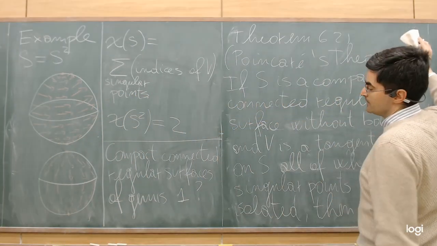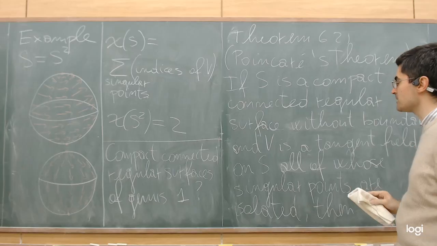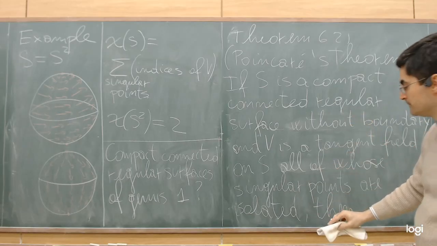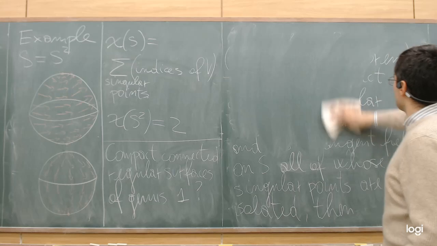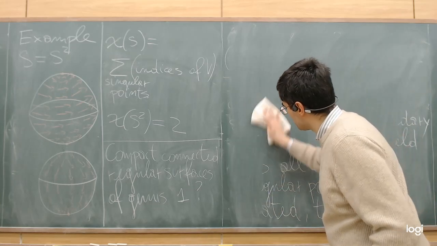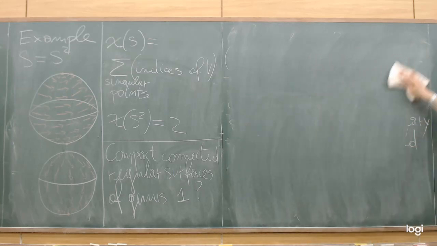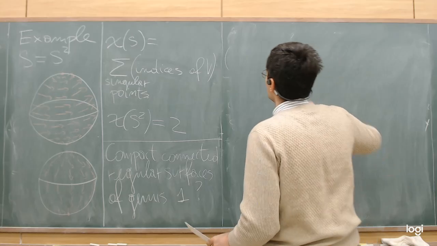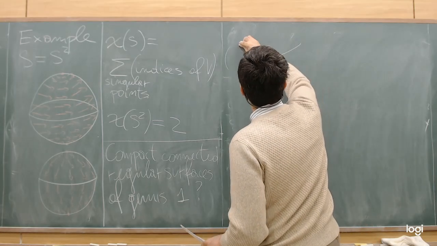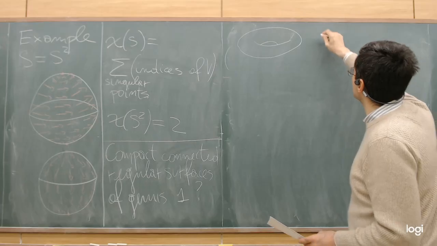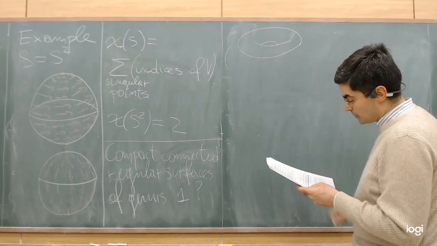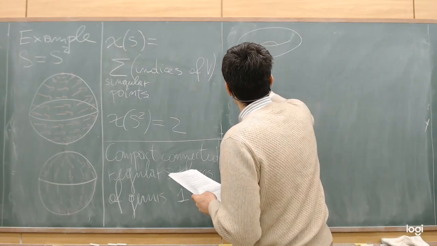Can we say something about this using this theorem? These kinds of surfaces are diffeomorphic to this object. This is a torus, and we have a corollary